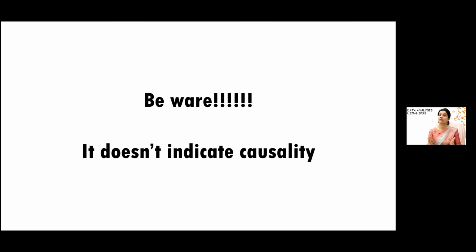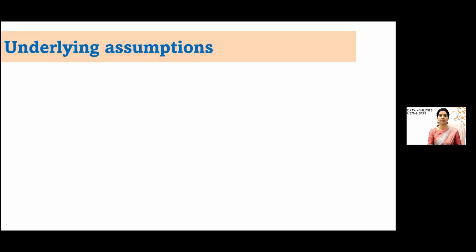That's why the chi-square test, which we will do today, only tells you about the association and the degree and strength of association. That's it. It doesn't say that a particular factor X is a cause for an outcome or another variable, that is Y.